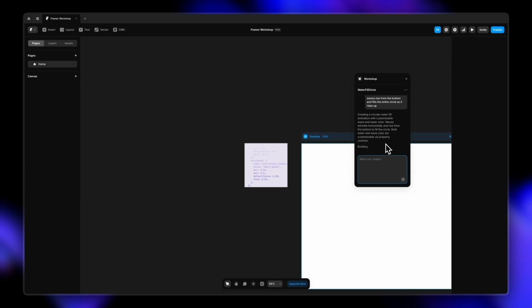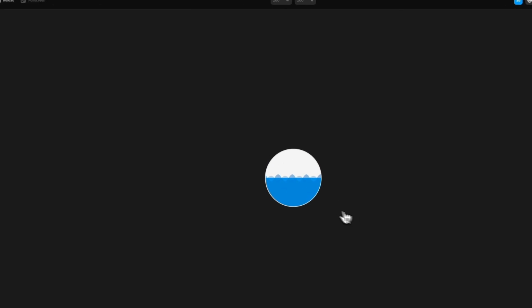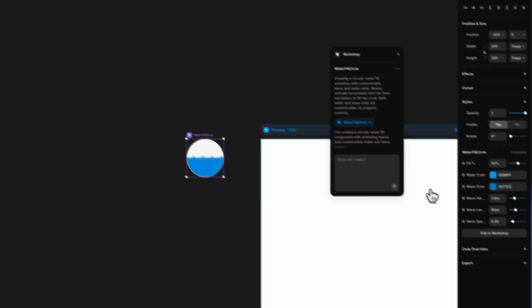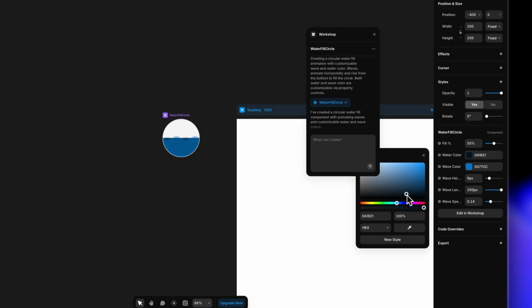And there we go. We have our component ready. It's time for us to play this and have a look. Well, it does kind of give that wave sort of a feeling, but it doesn't look very nice. I have to change a bunch of things here. So I'm going to change the wave height, wave length, wave speed maybe. And also the waves weren't rising. So we have the watercolor that's customizable. So let's just see if we want to change that.